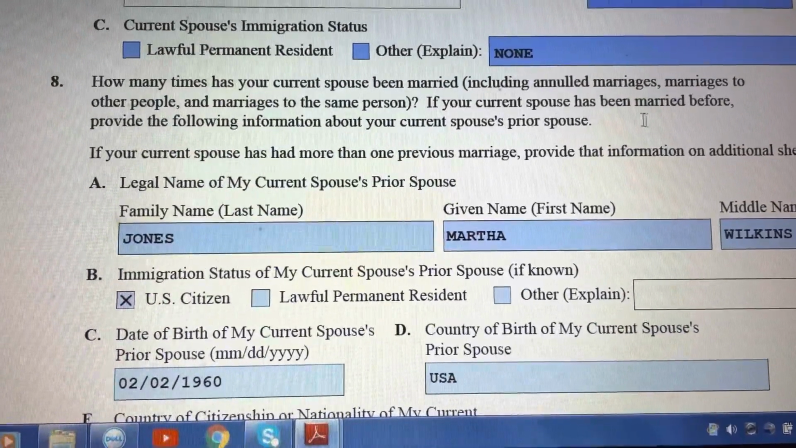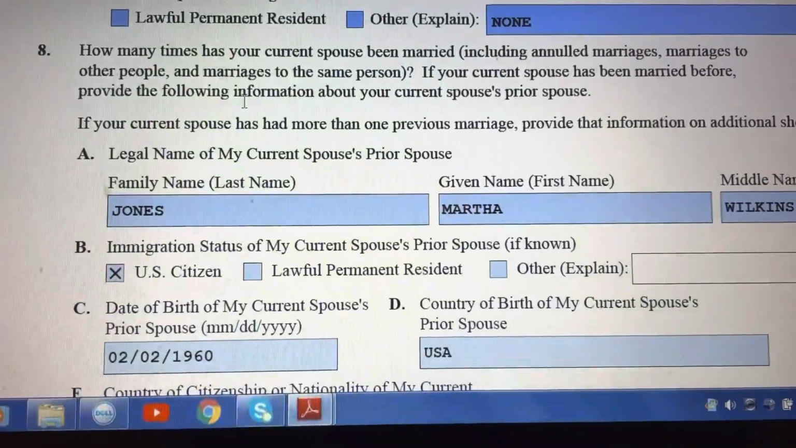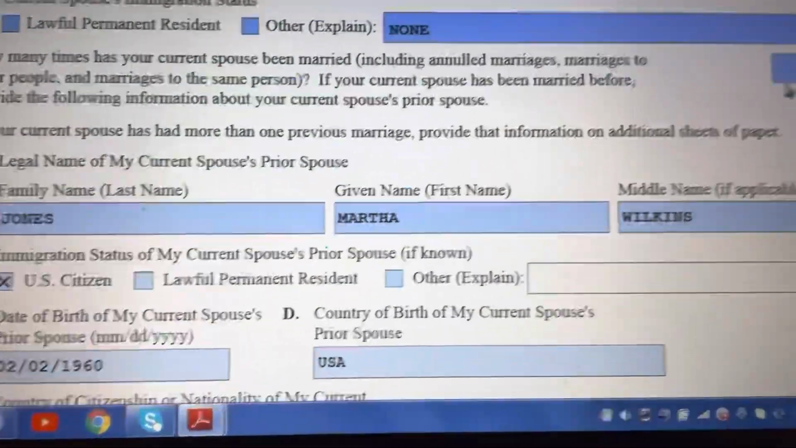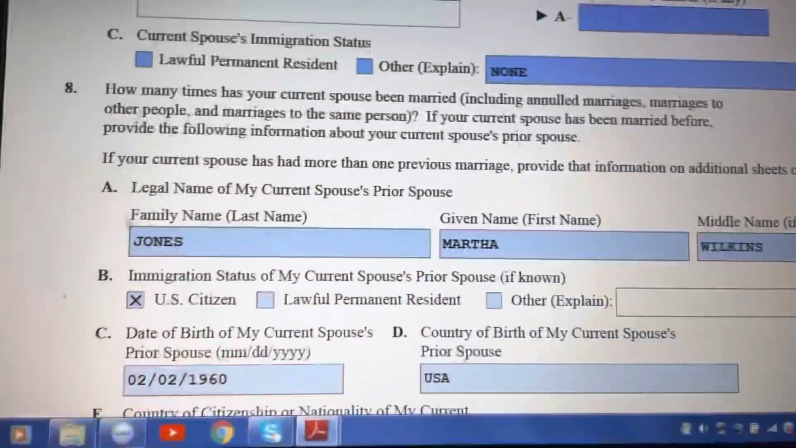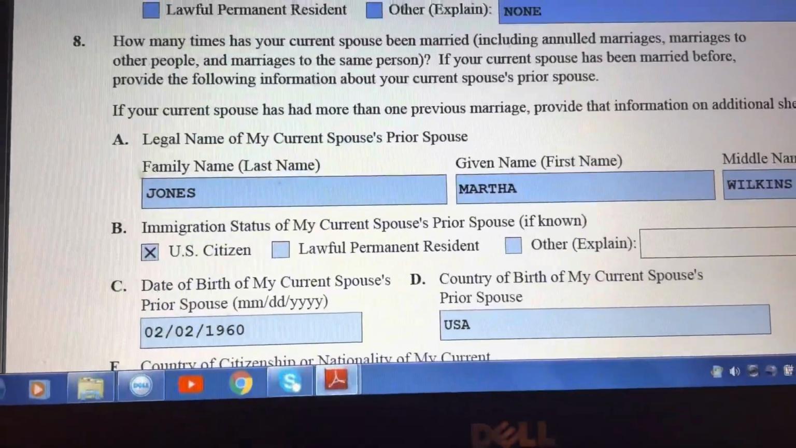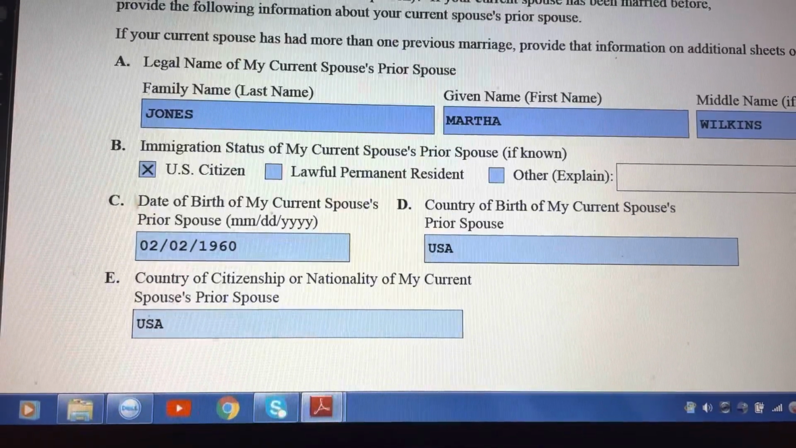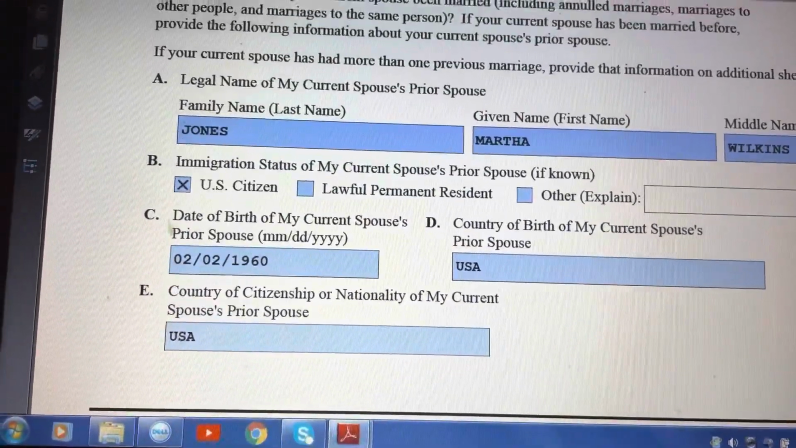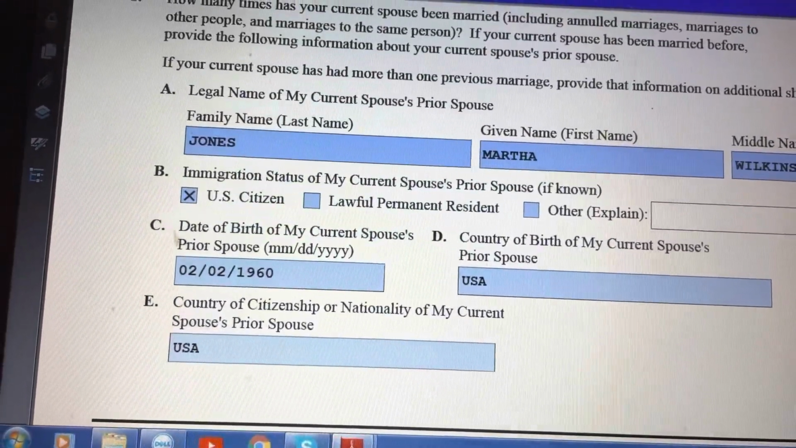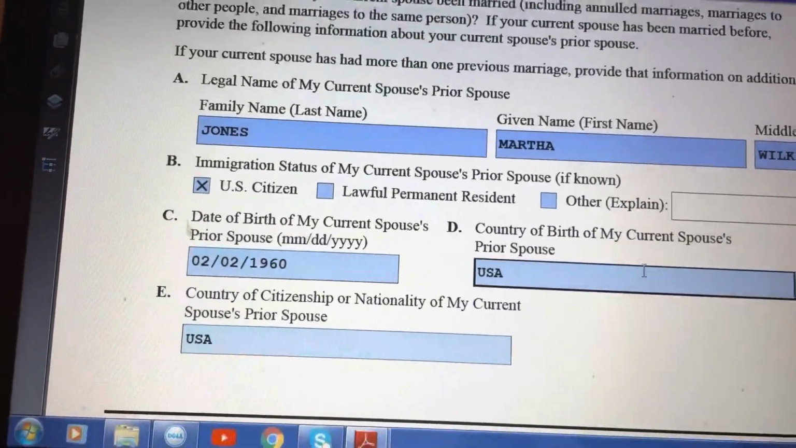If your current spouse has been married before, provide. So he's been married before, so I click 1 in there. Okay. Then, legal name of my current spouse's prior spouse, for example, his ex-wife or ex-husband, like that. So put it there